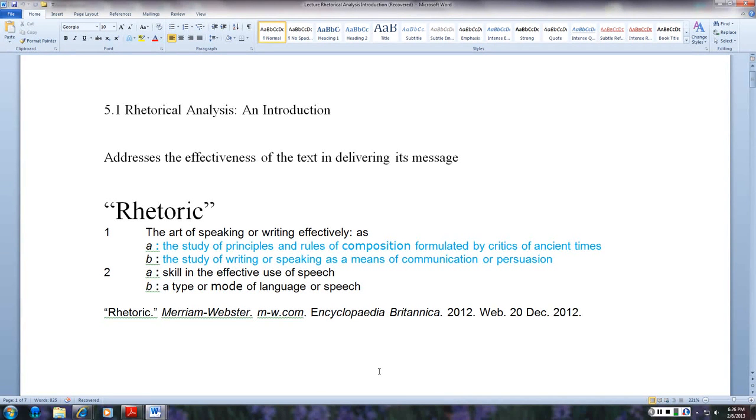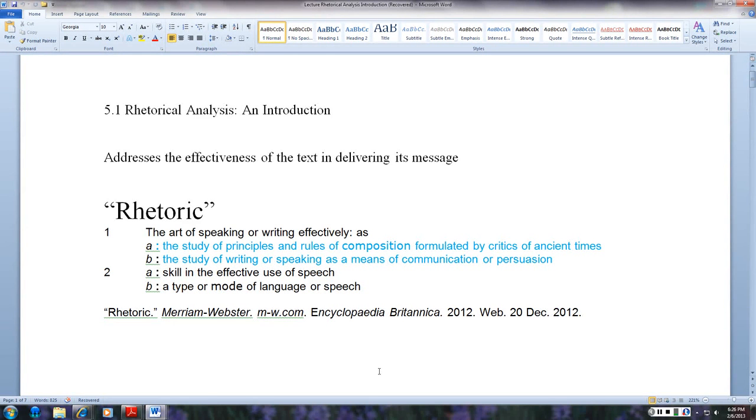I want you to notice as we go through that I have provided bibliographical citations. And this is important because you're going to be providing bibliographical citations for your rhetorical analysis, for the text that you analyze, and for any other source material that you use. There will be a limited number of forms, but I want you to begin by looking at this one.